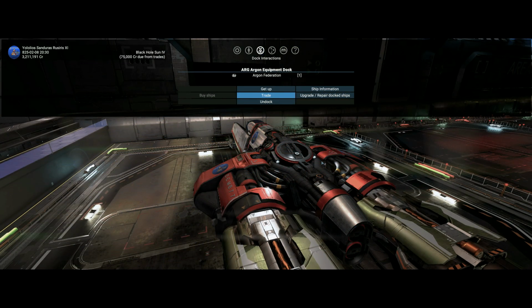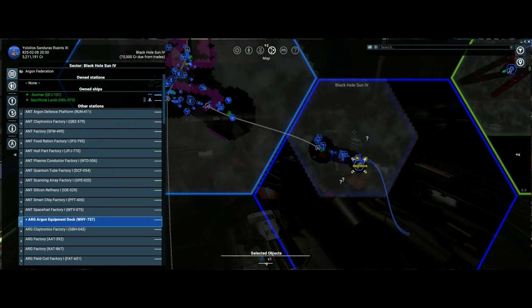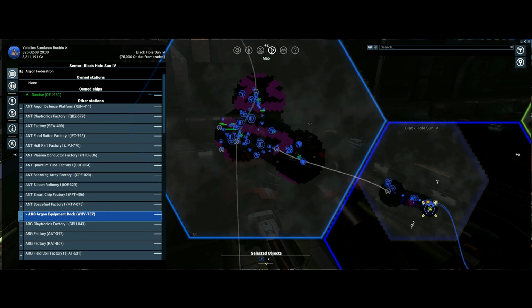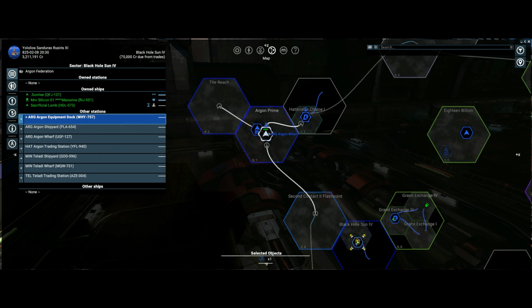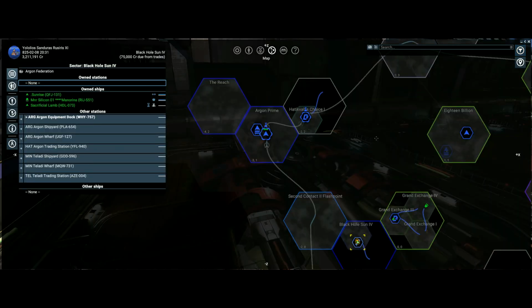Okay guys, just back quickly just to prove that point about the EQ docks. Now currently I'm in Black Hole Sun because trying to open up the sectors, but currently most of the wharfs now are without resources, even Argon Prime. There you go, he needs 303 engine parts, which is not a lot, and it's the same with all the others, but I'll come to the EQ dock because I want more